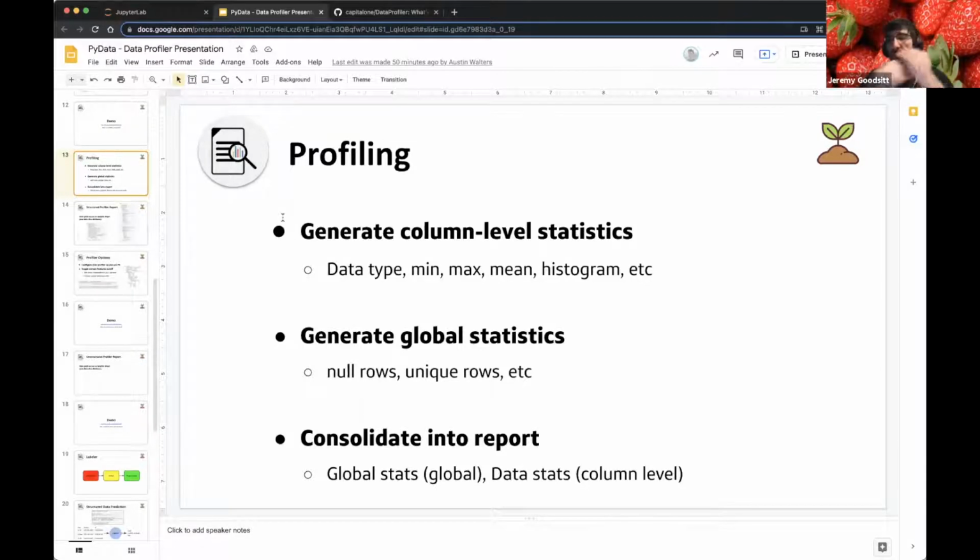We're going to do simple statistics like min, max, mean, histogram. We're going to get more complicated by determining whether the data set's categorical, or whether there is order to the data set, like ascending, descending. We're going to look at some more complicated statistical properties like Gini impurity or unlikability. So we've added a lot of components, and a lot of that has been feedback from our users and what